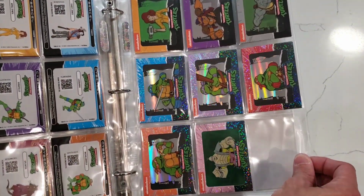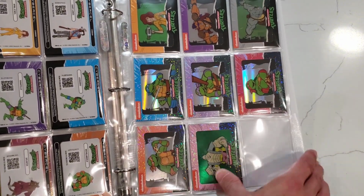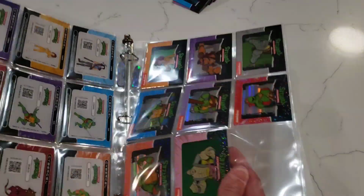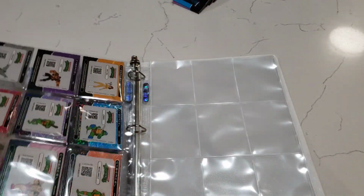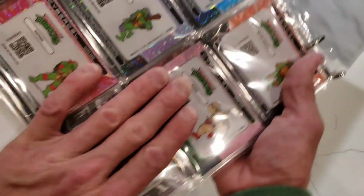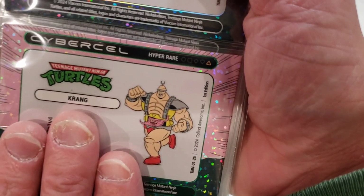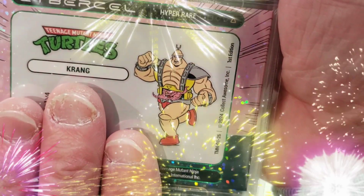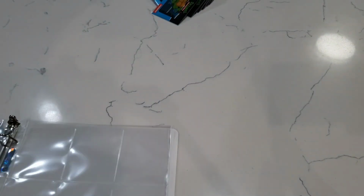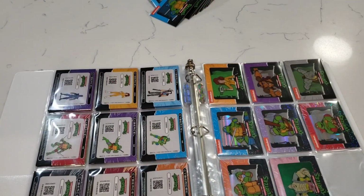There's your rares and your commons and rares, and then your ultra rares, and then we also pulled the hyper rare. I'll show the back because I've already registered all these except for I did not register this one yet. So this is a hyper rare, as you can see, card number 26. So I got all of them, which I'm happy about,